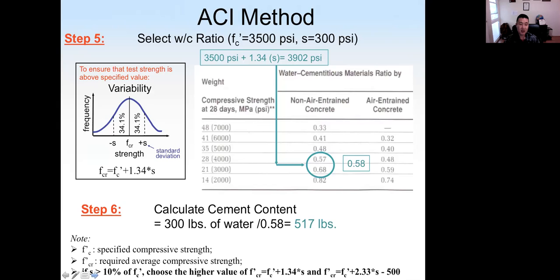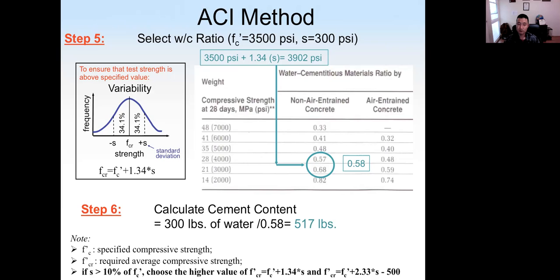If S is larger than 10% of the required strength f'c, okay, in our case it is less than 10% of f'c, so we just use f'c plus 1.34 standard deviation. So that is the required strength for the concrete,